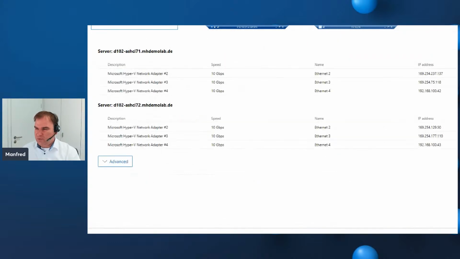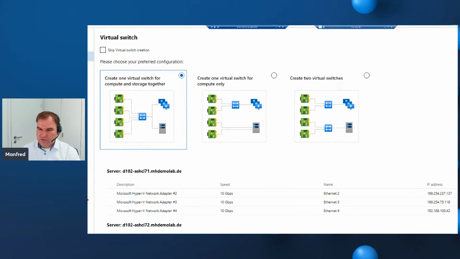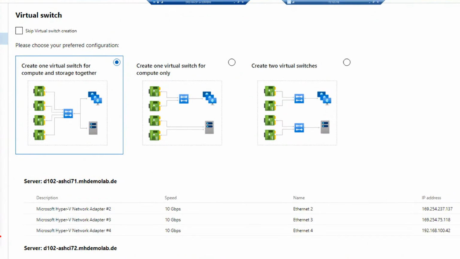Here for the virtual switch, we have three different options. The first option teams all the four adapters to one set switch. So we have only three adapters remaining. This is why I started with three adapters in my spoken information. Important is to understand this set switch in the middle of the picture, this switch embedded teaming switch, this one here. This is SET, and from the technical perspective,